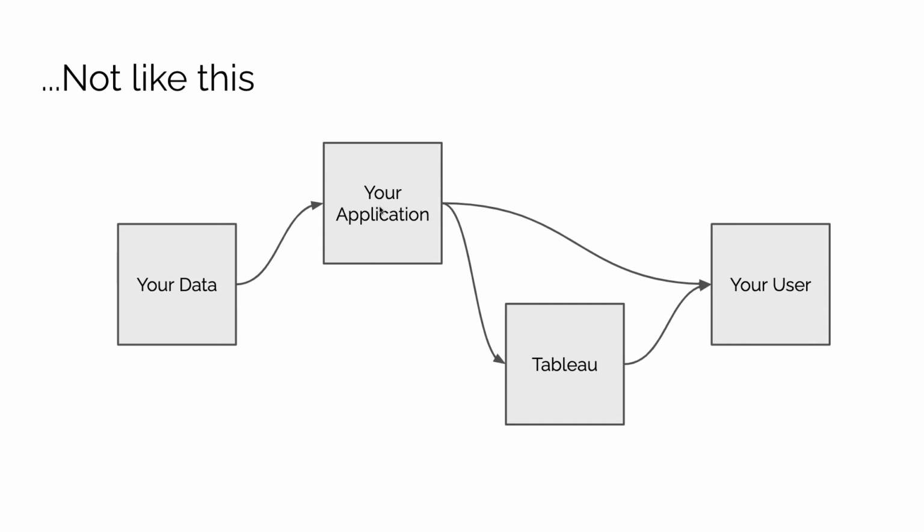The reason it's easier to work with Tableau than with a setup in this configuration is that Tableau provides lots of functionality that you otherwise might have to embed in your application itself. So things like row-level security, filtering, calculation and aggregation. If you were just applying a charting library on top of your application, then you're likely to have to program all that functionality into your app. Whereas working with Tableau in this way means you get a lot more functionality out of the box, and you don't have to worry about reproducing those